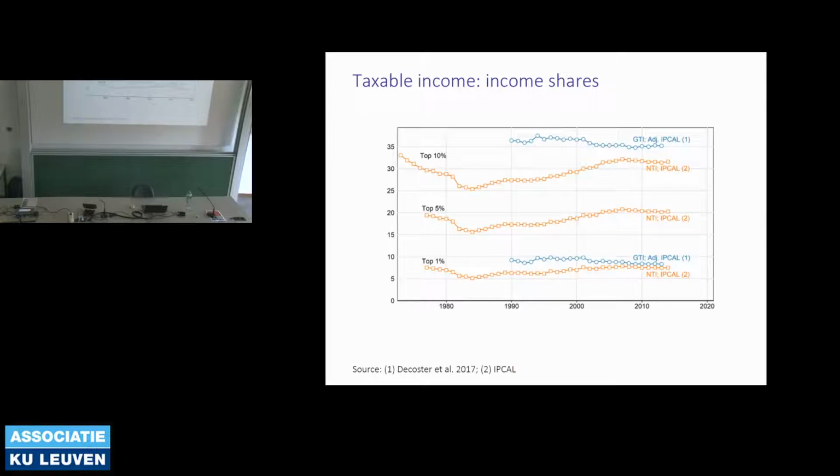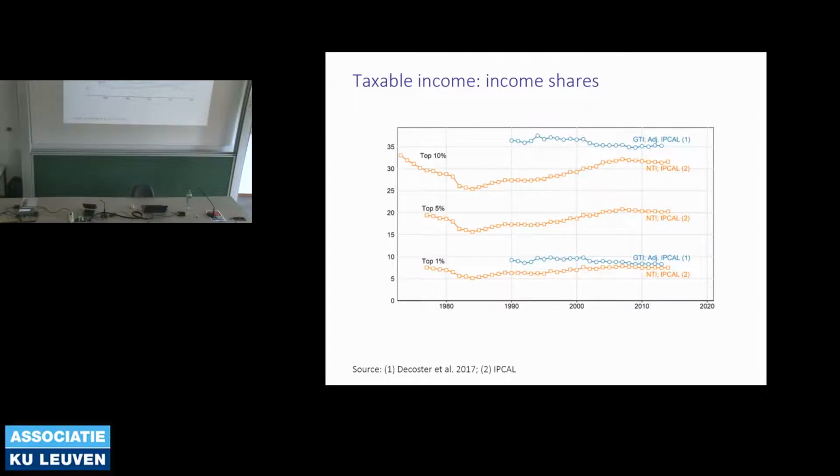Yes, item non-inclusion, as it is technically called, and that brings us to the blue curves. These are curves not for the interdecile ratios, but for income shares, Piketty's favorite measure to look at the top of the distribution. That's the top 1%. There was a very influential paper by Tony Atkinson and Thomas Piketty on the top 1% in the United States, which was rapidly increasing, which then led to the Occupy Wall Street movement, people saying, we are the 99%, we are not the people who see their top 1% increasing so rapidly.